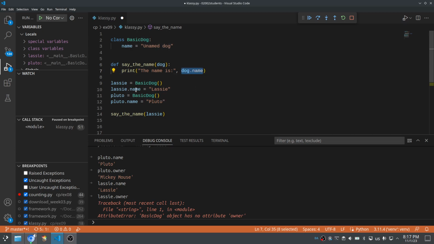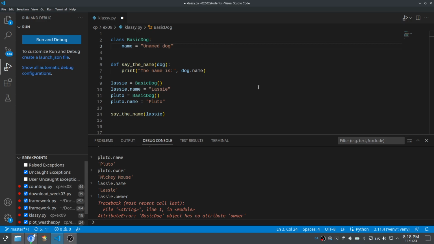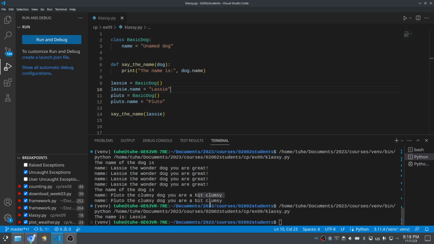Well, Lassie has a name attribute, so in fact this will be replaced by Lassie. Let me check that by stopping the debugger and just running the code as usual, and we can see that it says the name is Lassie. And of course, if I call the function again and I give it Pluto,